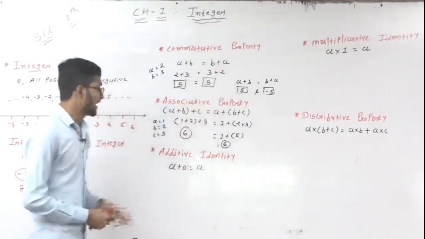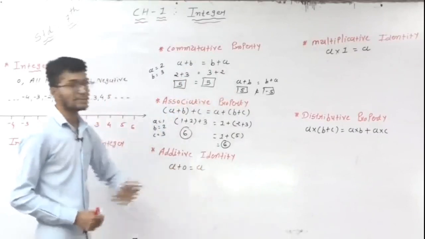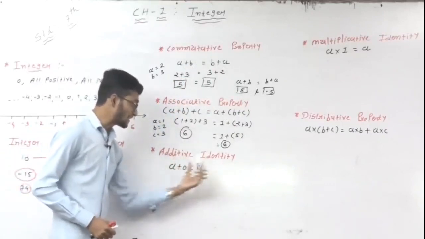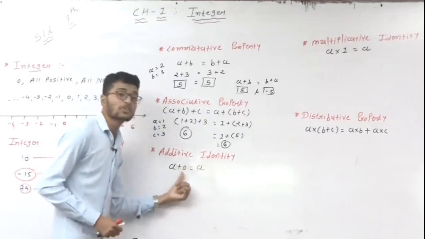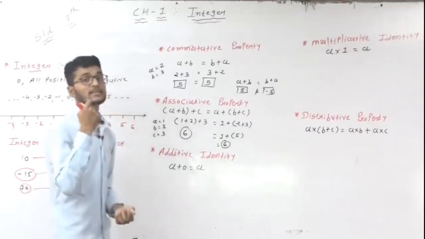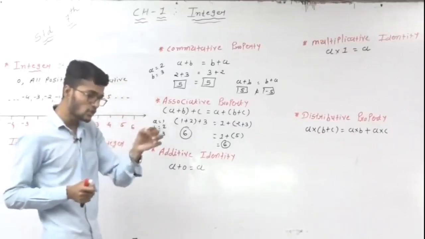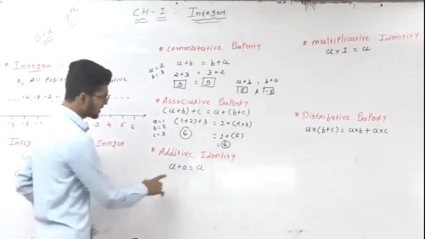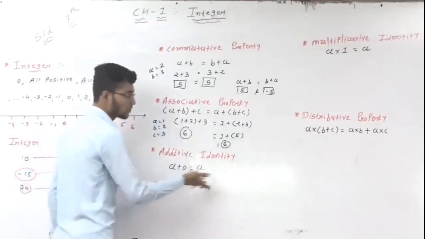Next one is the additive identity. Additive means addition. Identity. Additive identity is 0. If any blank is given, so what is the additive identity? So additive identity is 0. Why? Because अब 0 एडिशन किसी भी नंबर के साथ करो आपको वही आंसर मिलेगा. Suppose here given one example a plus 0 is equal to a.